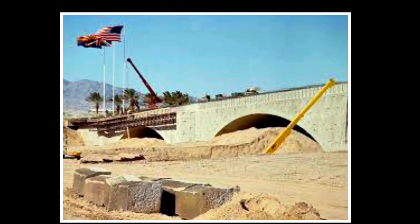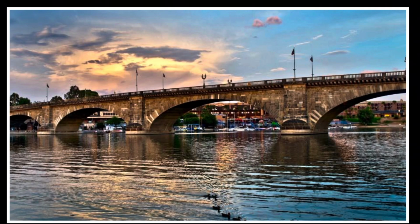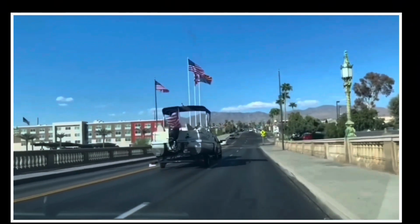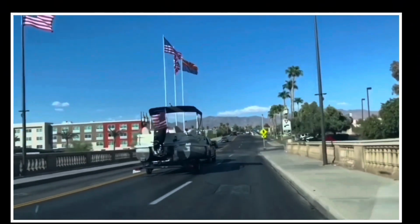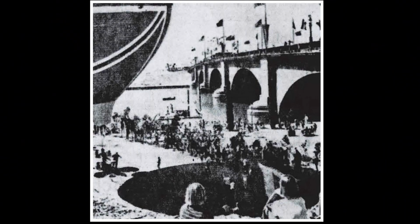cost $7 million. The inside of the bridge is hollow because it was rebuilt with a steel framework faced with granite. This reduced its weight from 130,000 tons to 30,000 tons, while strengthening its structure in order to accommodate auto traffic. After 3 years of reconstruction, Lake Havasu City rededicated the bridge in an extravagant ceremony held on October 10th,